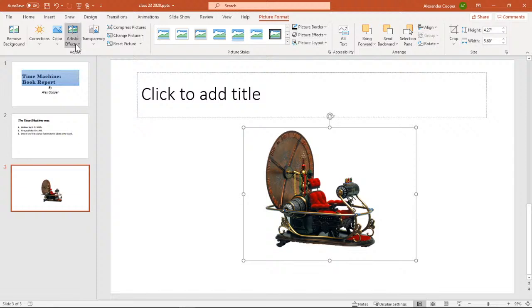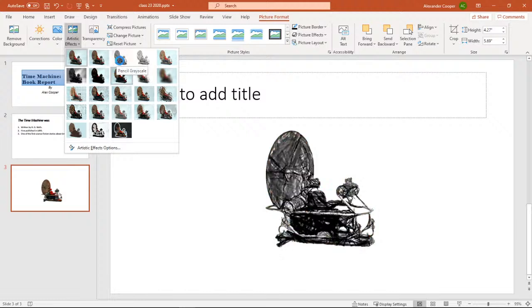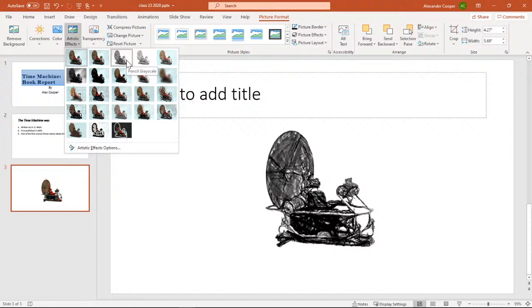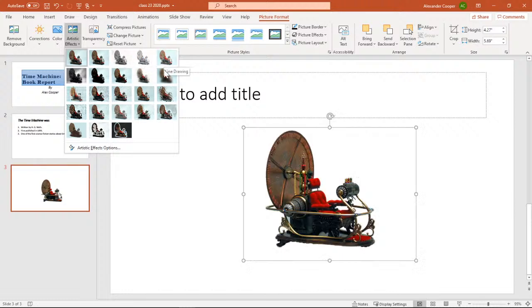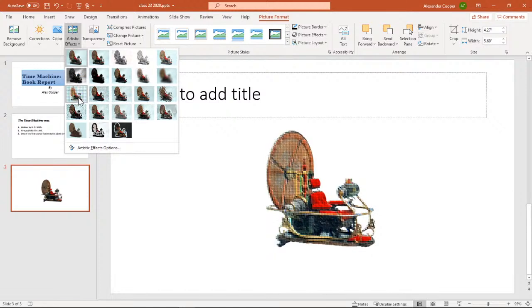Let's talk about our artistic effects. So if I go up here to artistic effects, let's see what we got. Oh, looks like it's been drawn by hand, doesn't it? Ooh. Ooh, little cubes, squares.